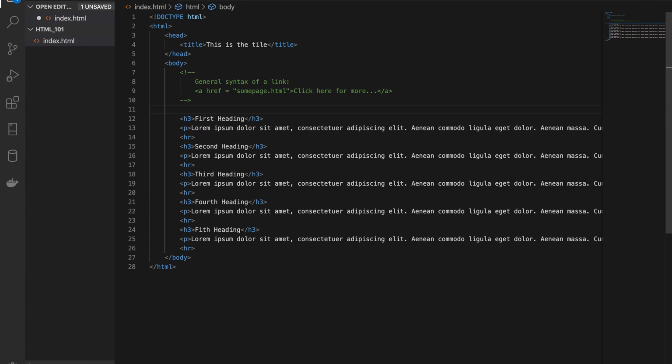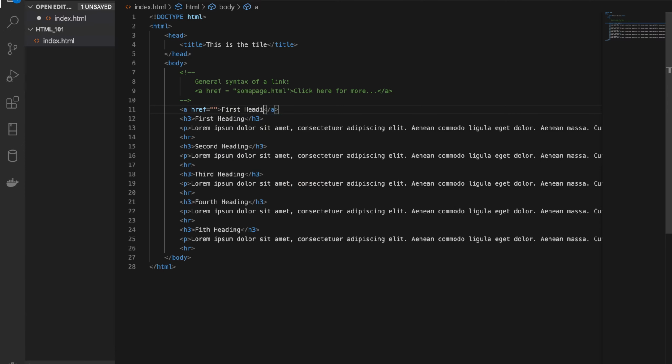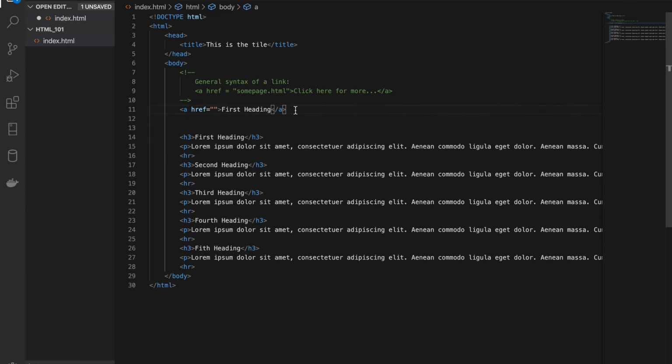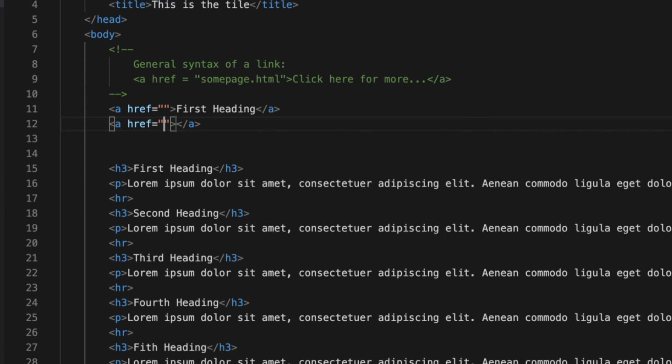Here we create an anchor tag. Okay, href, nothing for now. All right, then we'll say first heading. Let me bring space here so that you know what I'm doing. What I'm actually doing here is that we are now going to create these anchor tags. It's like a table of contents, and then we'll link them with this over here. Let me create another one, and then we'll have our second